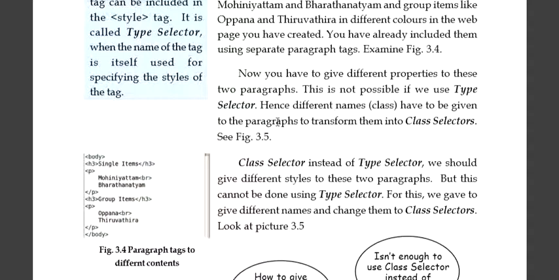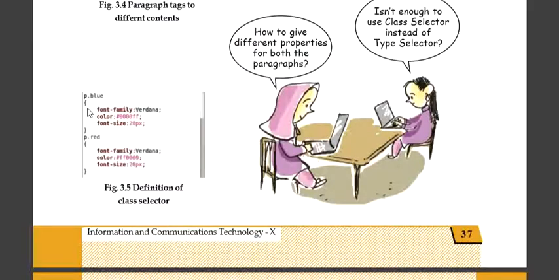Different names have to be given to the paragraphs to transform them into class selectors. Here for paragraph, different names are given. First one p.blue and second one p.red. p.blue and p.red are class selectors. That is, for the same tag we have given different styling attributes.